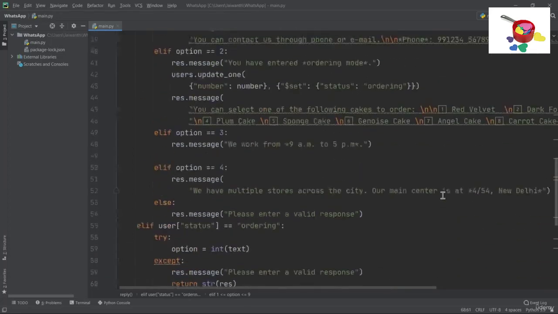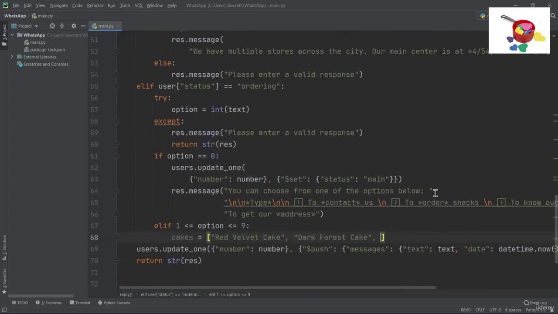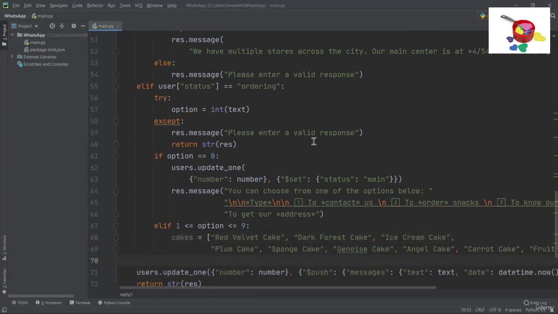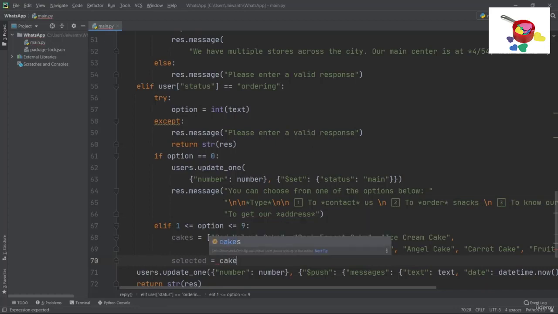And the third one will be something else. So I'll just copy and paste and make this a list and then come back. So I am done with the list. So first of all, let's get what they have selected. To do that, just type in selected equals cakes of